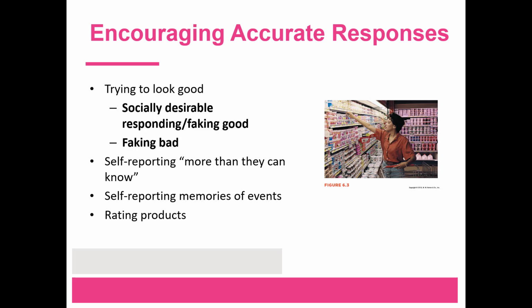Sometimes people self-report more than they can know. So we should ask ourselves, are people capable of reporting accurately about their feelings, thoughts, and behaviors? For example, if I ask you why you always buy a particular brand of yogurt, you might not really know why, yet you tell me something that sounds reasonable. What about self-reporting memories of behaviors? For example, when was the last time you took your car to the car wash? What were you wearing on your 21st birthday? Where were you and what were you doing when you got the acceptance letter to Clemson?